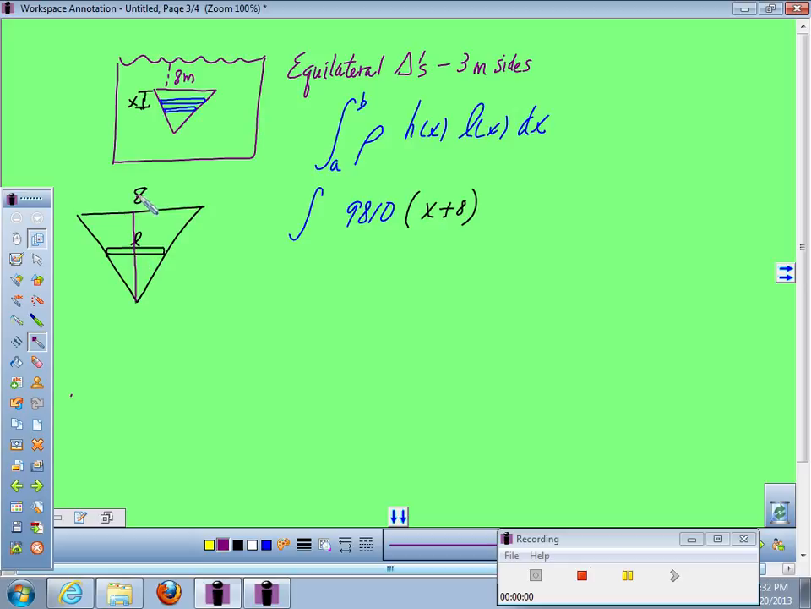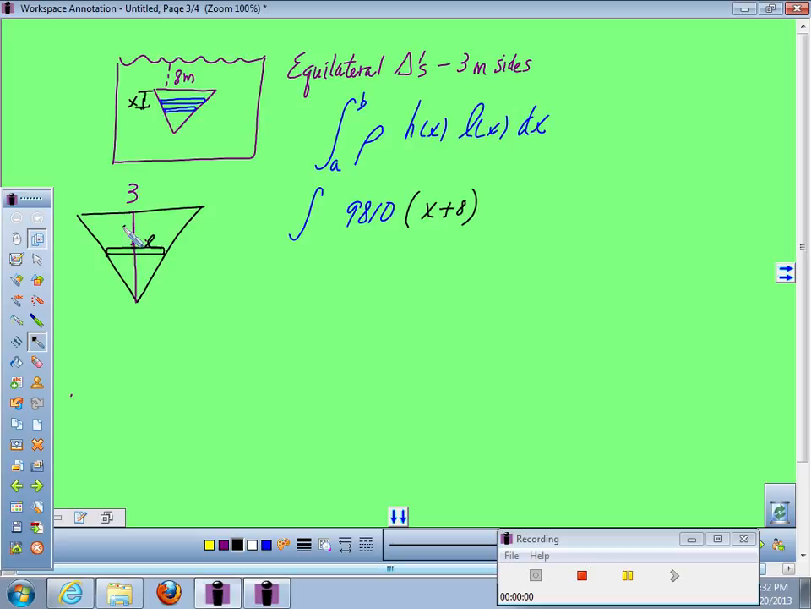I take that back. This is not 8 wide. I'm sorry. I'm listening to you, not paying attention. How wide? Yeah. This baby's only 3 wide. It's equilateral triangles with 3 meter sides. Where's X? Yeah. It's from the top down to the rectangle. So if that's X,